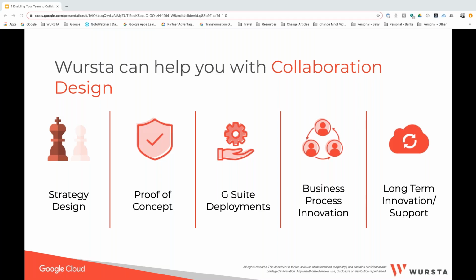Worsta is a collaboration design firm, right? So whether your organization has a strategic business opportunity, like adapting to the G Suite environment, or innovating in the market, or reducing costs, increasing collaboration, or you're solving specifically for a business case, like increasing productivity and collaboration, or reducing licenses, or building out an enterprise file sync and share, increasing security, solving for shadow IT, even consolidating tools,